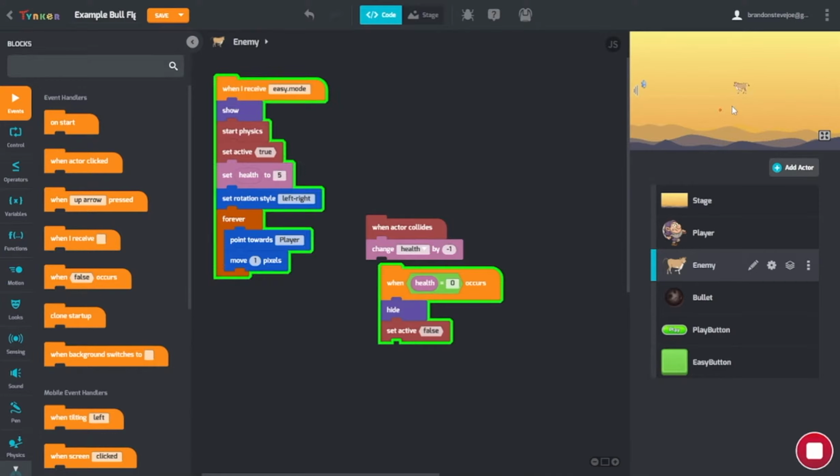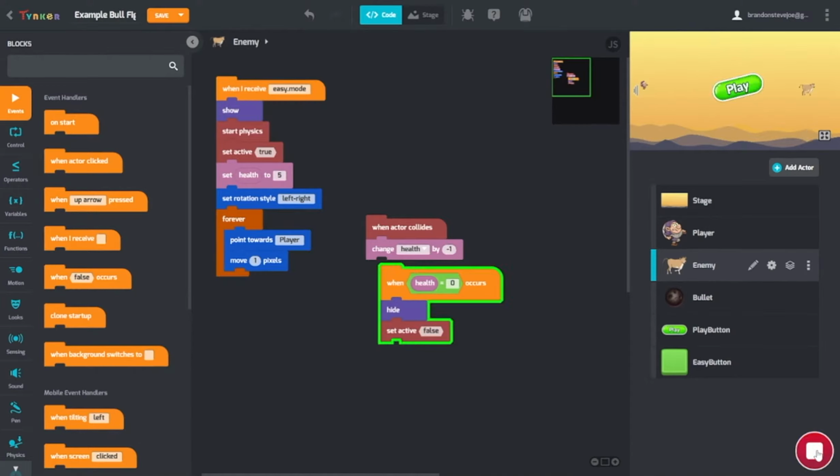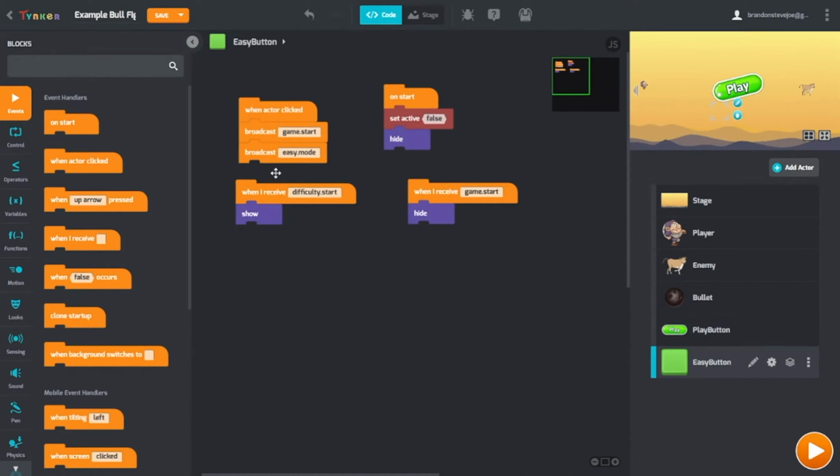So click play, click the easy button. It should run the same. Oh, my character model's a little messed up. It'll fix itself. Like that. There you go, that's fine. Like that. So now we need to make the medium button and the hard button, which